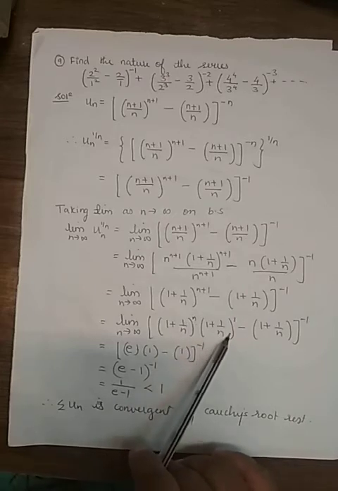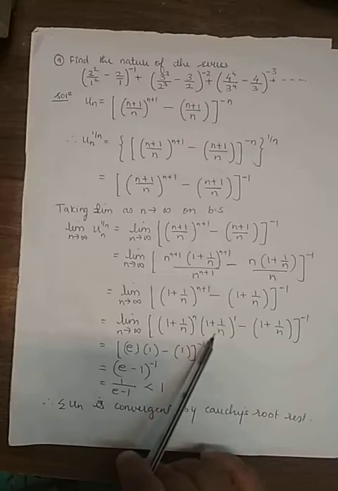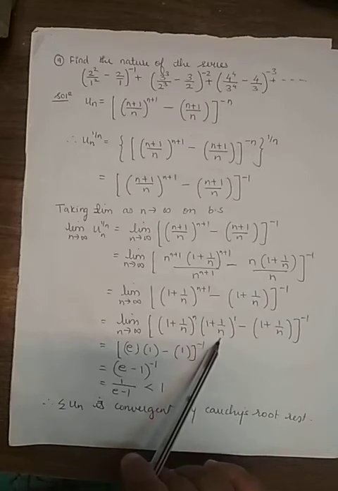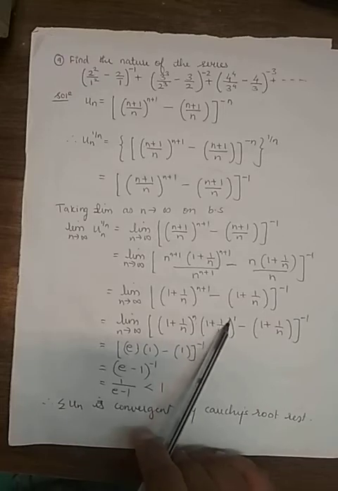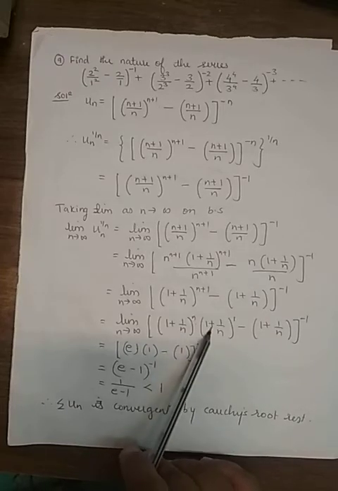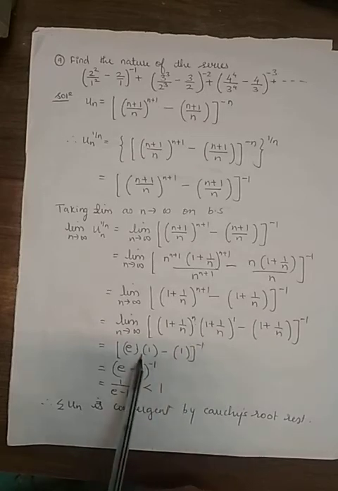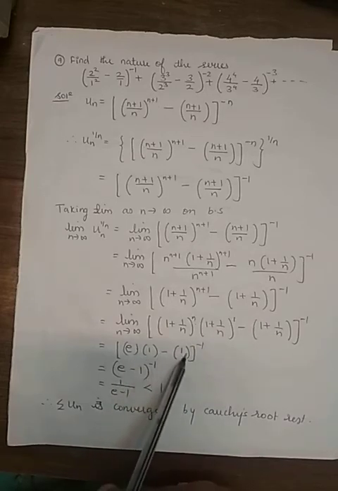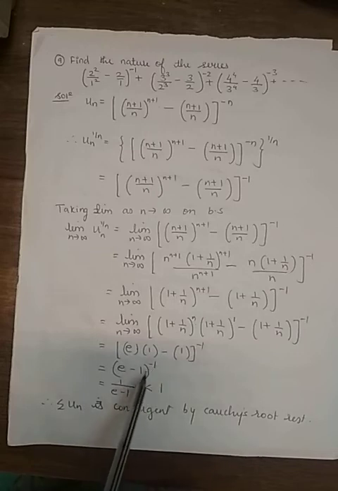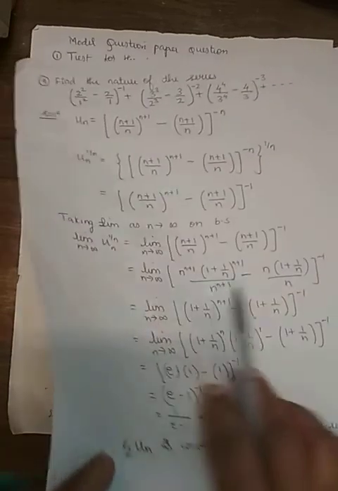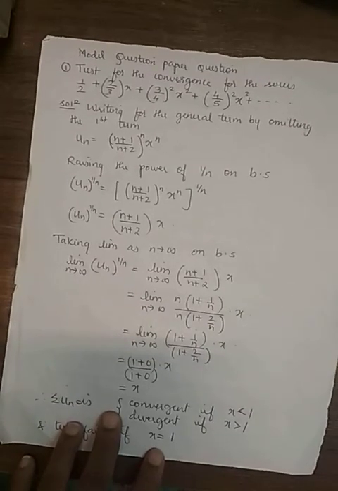So when you substitute infinity, we cannot apply the standard result here because here it has to be n. So it becomes 1, because 1 upon infinity is 0. 1 plus 0 is 1. 1 raised to 1 is 1. So e into 1, no sorry, 1 raised to minus 1. So e minus 1, e into 1 is e. e minus 1 raised to minus 1. So 1 upon e minus 1, which has come less than 1, which is a convergent series. So this is about the questions on Cauchy's root test.